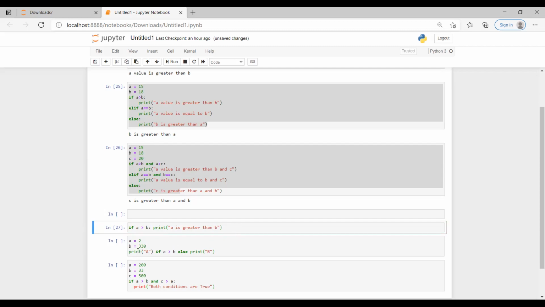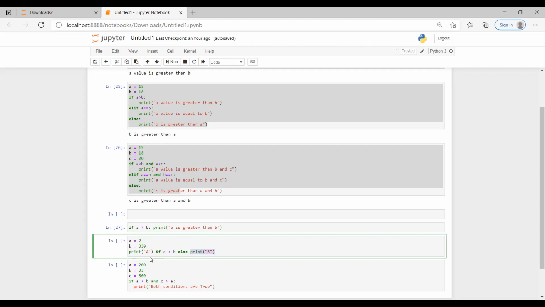But if you see here, if A is greater than B, I'm mentioning the first print statement. If this condition is satisfied, execute this statement, else print this statement. Normally, the if comes first and the statement comes next.